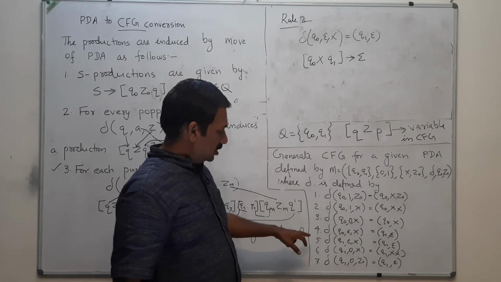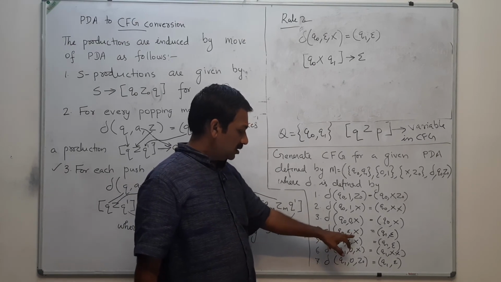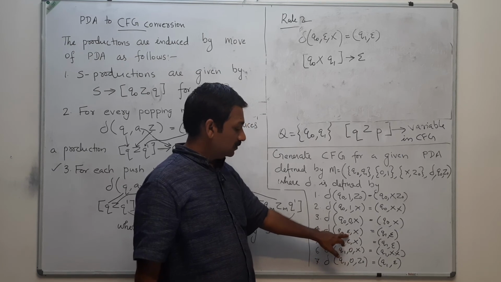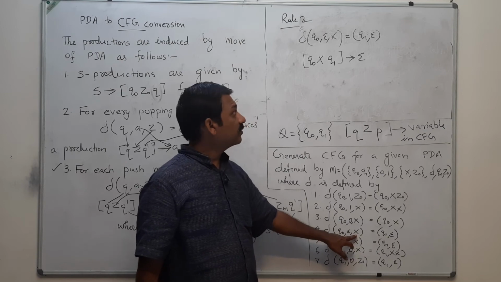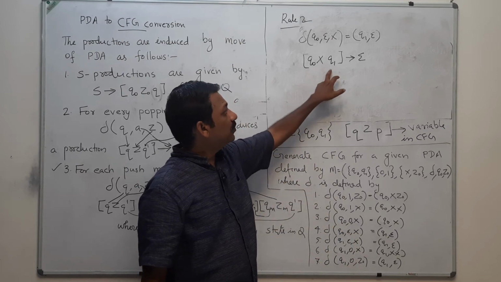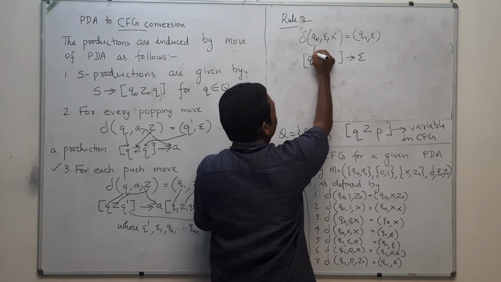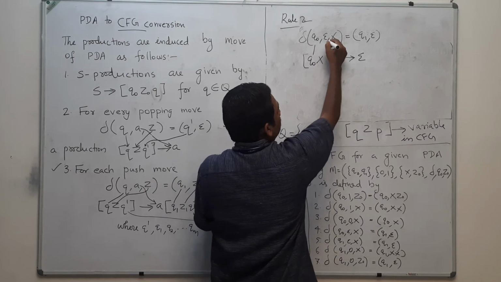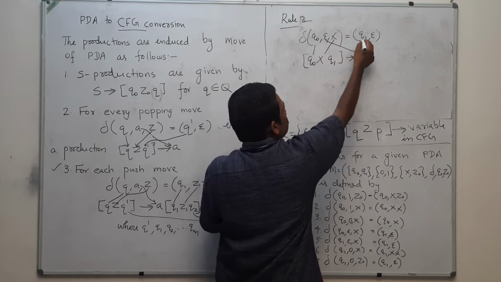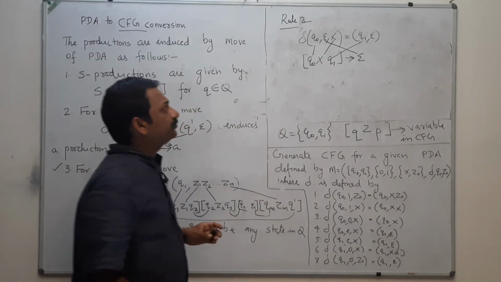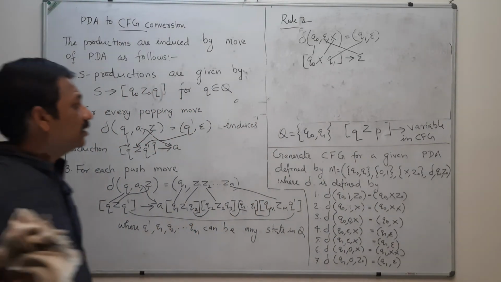That means this fourth case is reading without reading any input. It is popping an element x from the stack. That is why Q0 x Q1 is deriving epsilon. This Q0 is coming from here, this epsilon goes here, this x comes here, and this Q1 comes here. Okay, that is rule number 2. And next one is